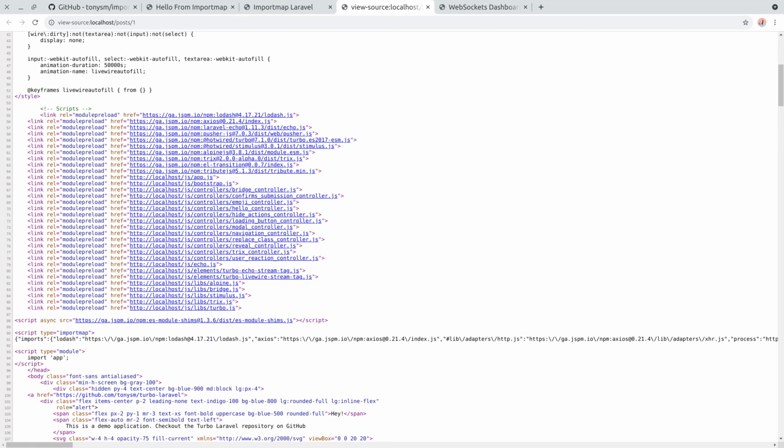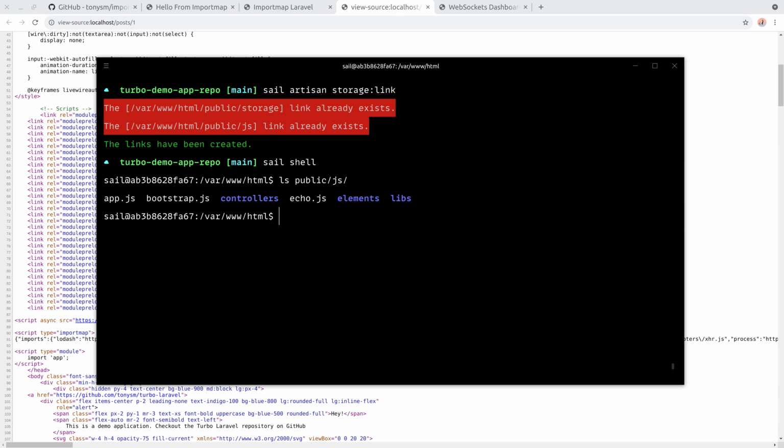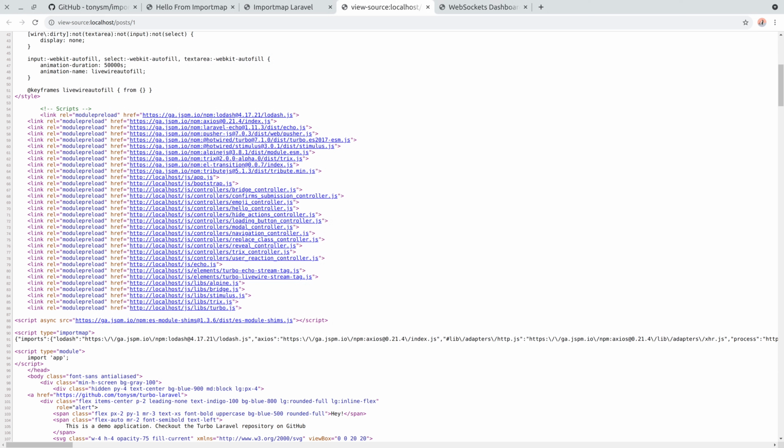I'm still not sure how to solve them yet for local development, but anyway, it should be fine for local. For production, you don't want to do that. Because if we do the imports like this and the bridge controller.js file changes, the browser might have it cached, and the users that have it already cached will not get the new one. So we need to tweak the file name and add a digest of the file's content to the file name